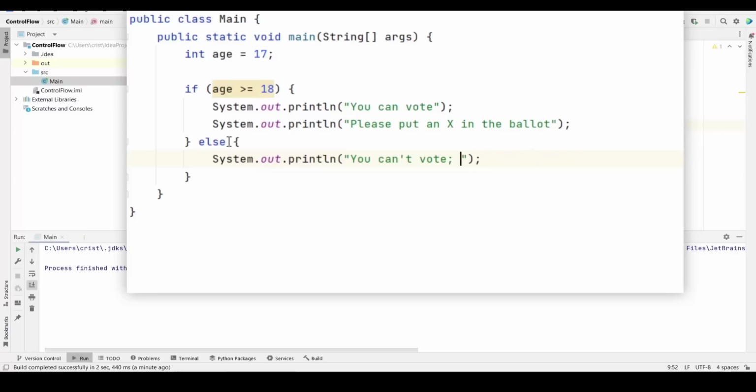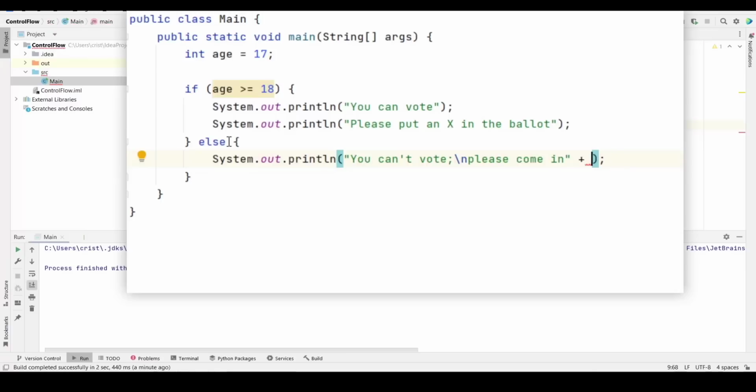Let's put it on the next line, and to put something on the next line you put \n, and I'll type here please come in, and I'm going to put plus, and I will say 18.